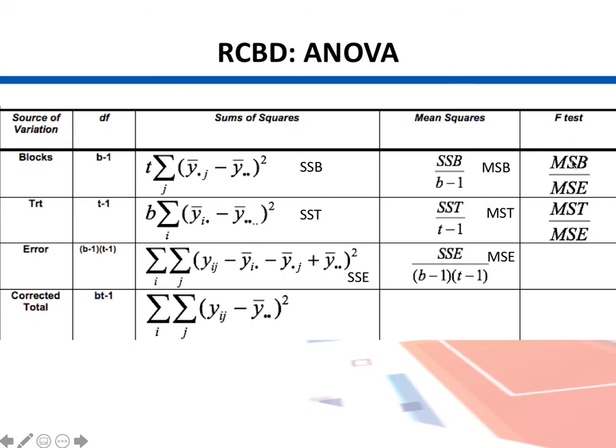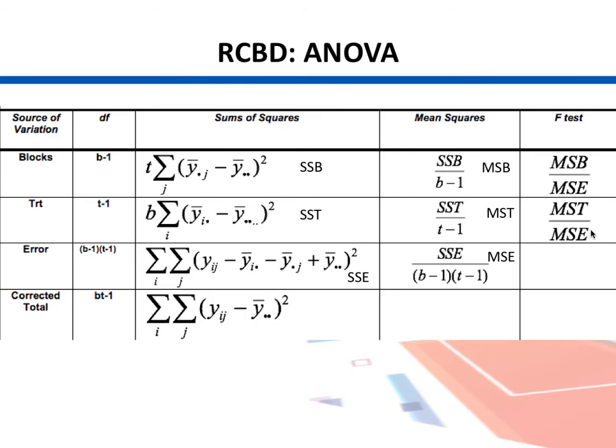And now we have these two F tests, one for the block term and one for the treatment. And remember, whenever we are doing these F tests, our denominators are always the mean square of error. So the MSE term is always down there as the denominator, and we do it for the blocks, and we do it for the treatment, and see if our results are significant or not. If the results are significant, that means we applied a good model.